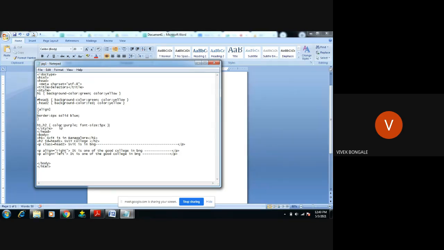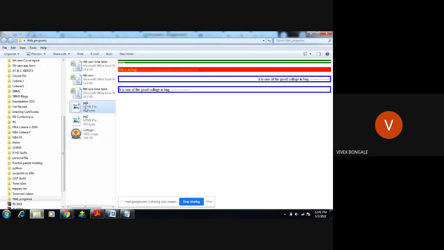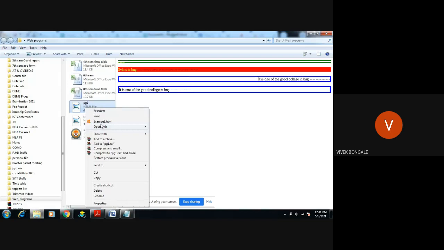This I want to apply. So I want to apply these two CSS properties only for h1 and h2, right? So I will save, Control S, and open with Google.